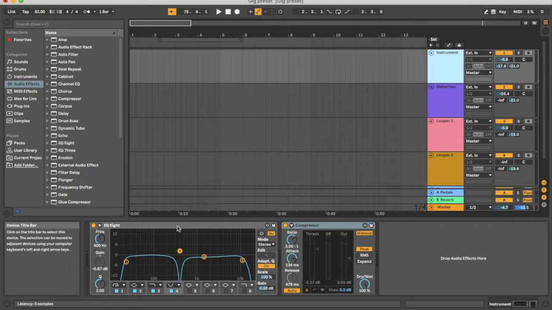This EQ is set to what I know sounds good on most of my instruments in my home studio. But the great thing is that I can also tweak it depending on my performance venue. So you can see it's kind of like at this M shape here. And this is an 8-band EQ, so I can actually set up to 8 kind of shapes. The M, again, is what I'm calling it, kind of works for a lot of keyboard instruments,